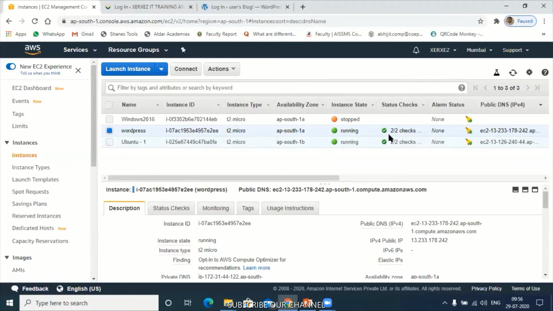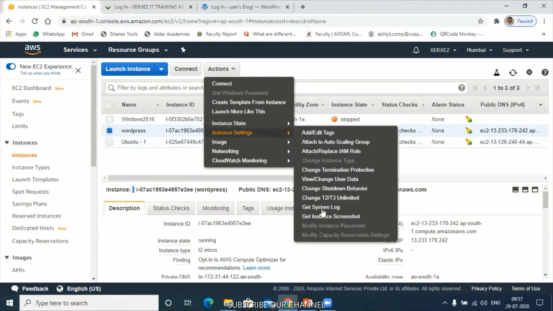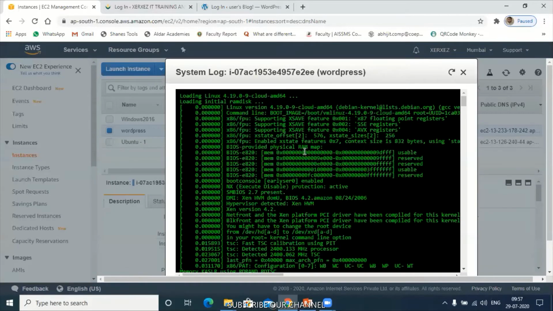Next, you will get this mark, correct? That means your server is ready for deployment purposes. So once the server is ready, go to Actions. Under Actions there is an option called Instance settings, and under Instance settings you will get an option called Get system log. The moment you click on Get system log, you'll get all the details of your